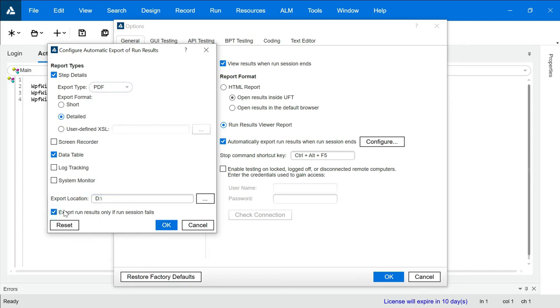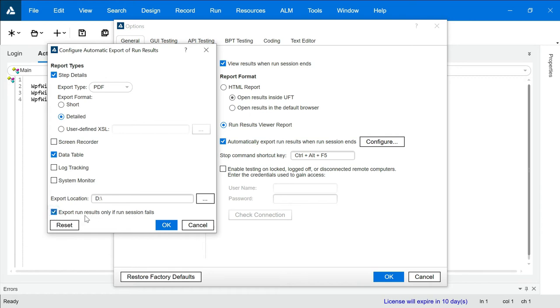Also by default you have this option selected, that is, export run results only if run session fails. If you want to see only that data when the session is failing, when your steps are failing, when your test case is failing, then you can check it. Otherwise, if you uncheck it, it will export a report for every test case, whether it failed or passed.